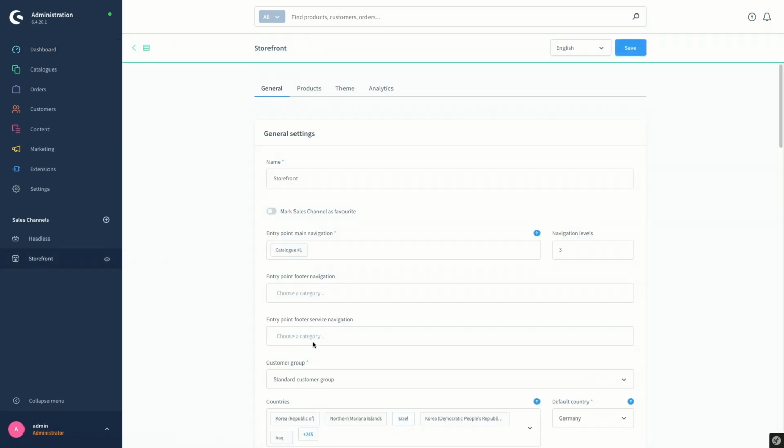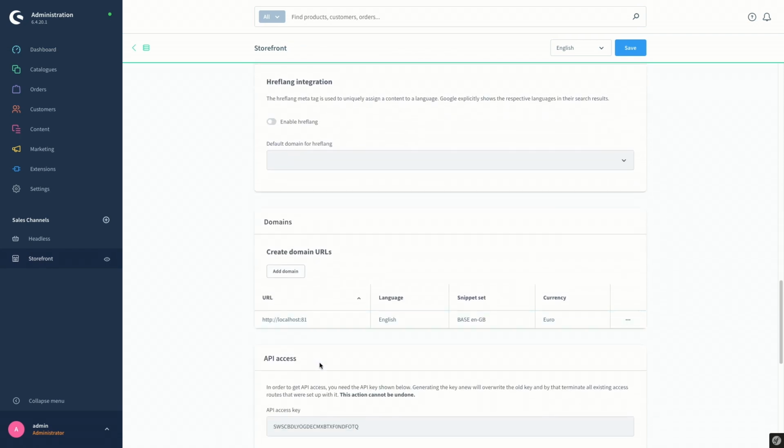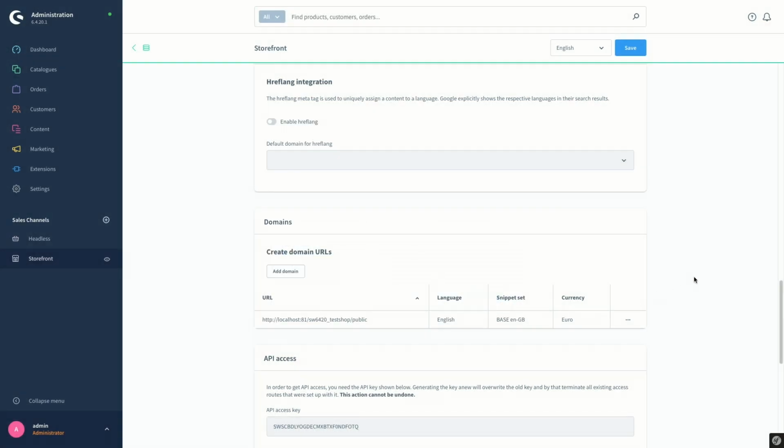sales channel here and scroll down to the domains part. In order to edit the URL of the domain, just click the context menu and click edit domain. So at the end of the URL, you can just add the URL of the test environment and click on edit domain.